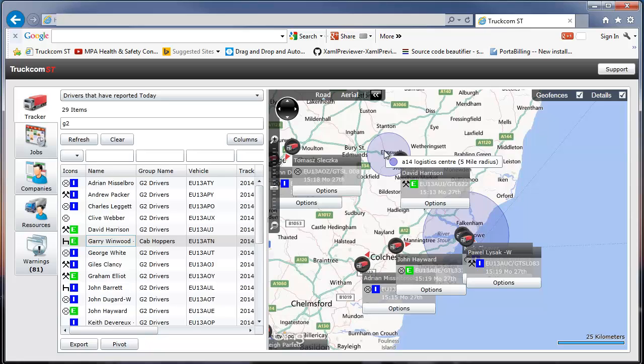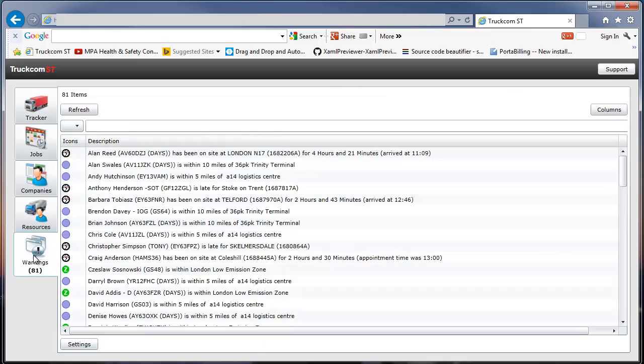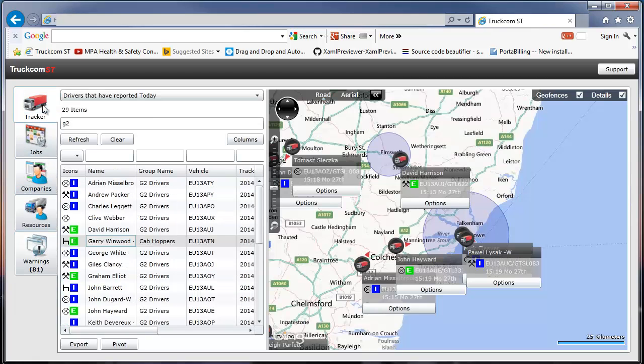There's another zone set up around a yard near the A14, and it's possible to get warnings that will tell you which drivers are within each of these zones. In fact, if I just click on this warning zone, we can see that there are lots of these warnings here. It's telling you Andy Hutchinson, for instance, is within 5 miles of the A14 Logistics Centre. Alan Swales is within 10 miles of the Trinity Terminal area. So going back to the tracker screen,